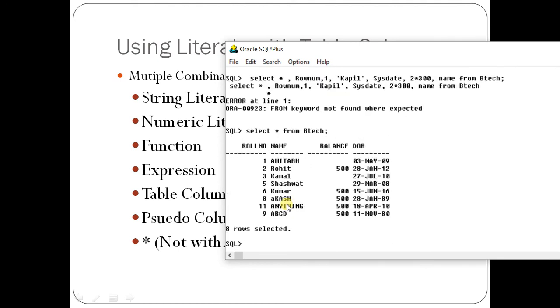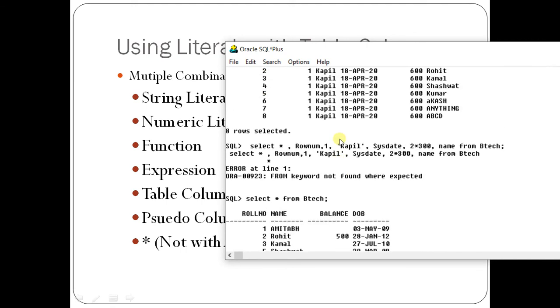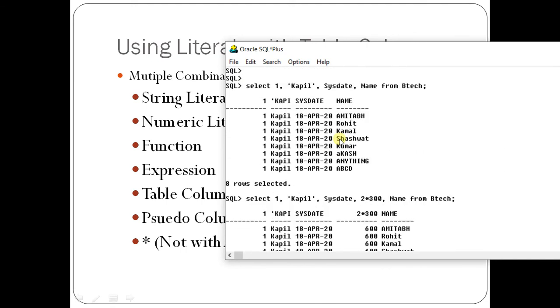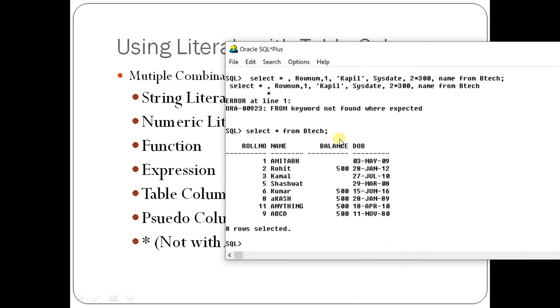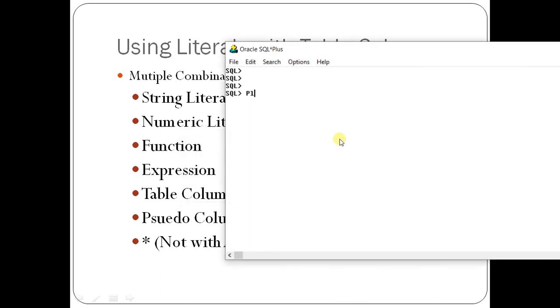Now what I will suggest is please try all these examples one by one. Also make a note in your copy, just like you create notes in the classroom. Because unless you write with your own hands, you will not remember. So my suggestion to you is please make notes.